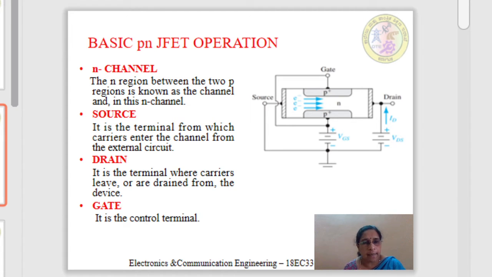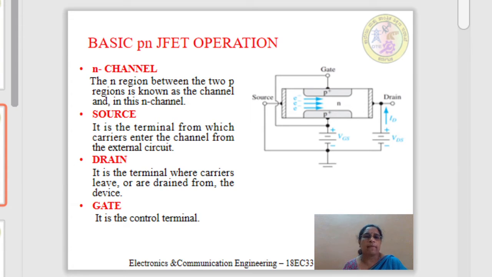And as it is an N type semiconductor material, it is known as N channel. This N channel is nothing but the region between the source and the drain. We know the general meaning of channel: it connects two terminals, or it is just a space between two parts or two regions. So here it is the region between the two terminals. And this N channel is uniform, that is, the complete region between the source and drain is N type semiconductor material only.